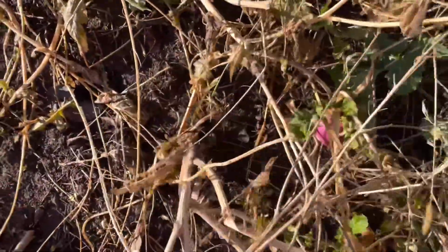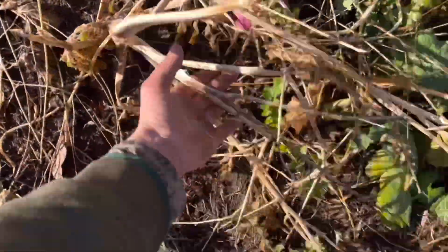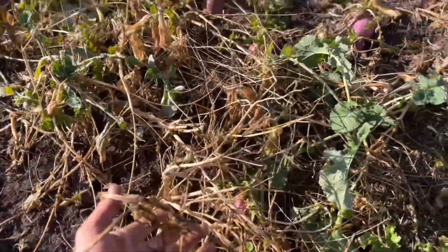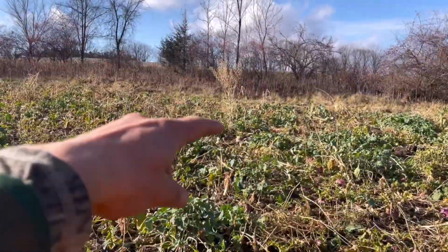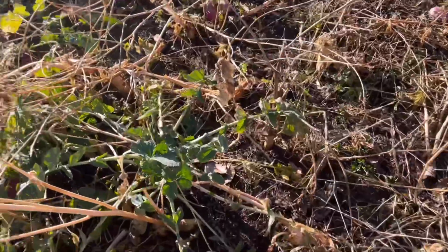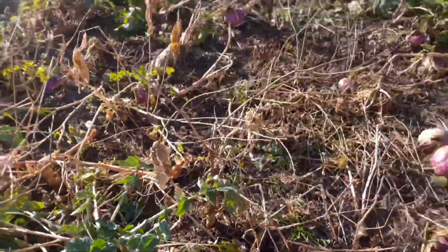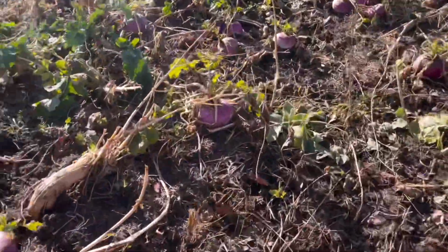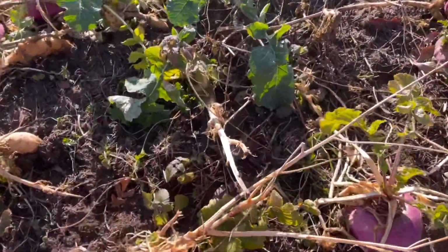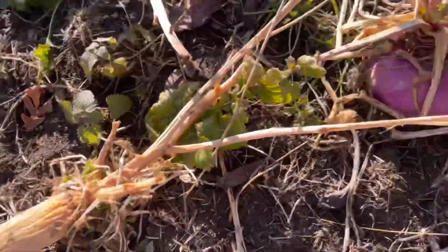These tillage radish were planted super early. You can see it's all rotted out, and these got super tall and kind of went out to seed, like that one right there. A lot of them are knocked over and starting to rot already, these tillage radish. Usually they don't, like right here's a couple that didn't, well, I guess these went out to seed as well. You can see how that's just rotted and mushy. Or these turnips,